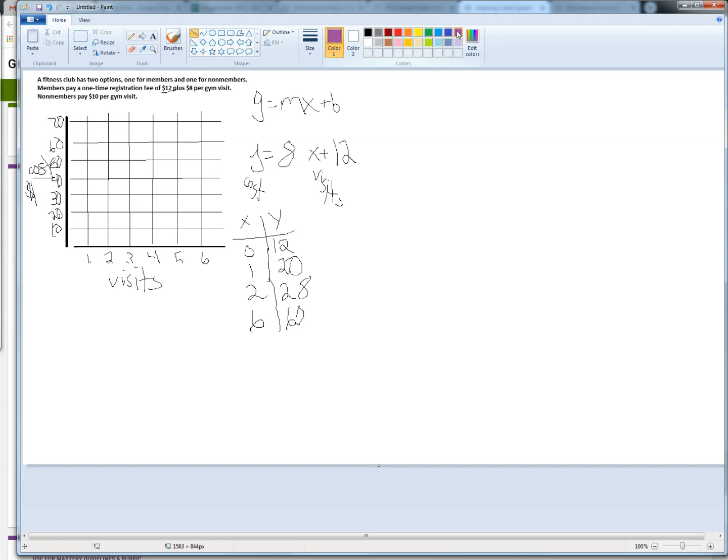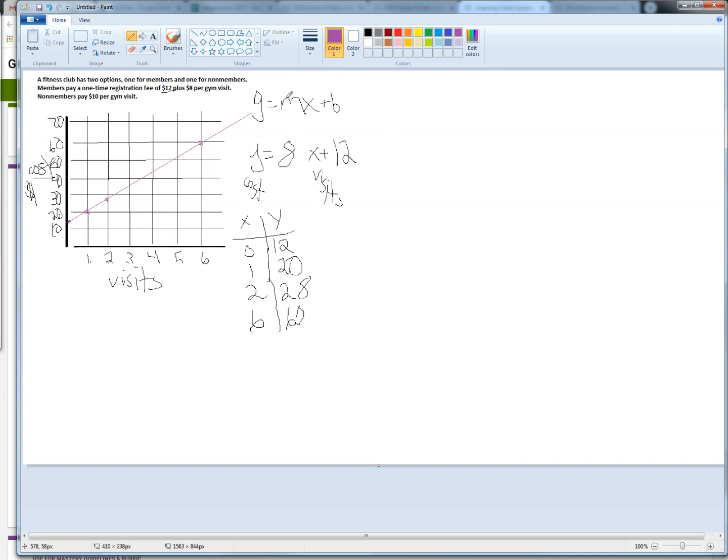Okay, I'm going to make the members line purple. First, we're going to do these points. 0 and 12 is right here. 1 and 20, right here. 2 and 28, right here. 6 and 60, right here. Then I'm going to use a line to connect those. Okay, that's my line for members. We're not done yet, though. We have to go back and do